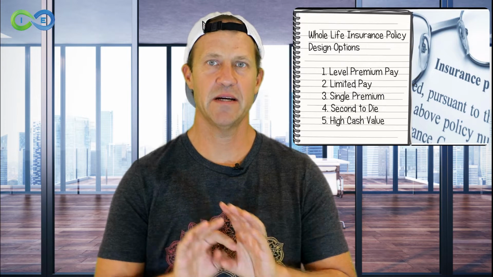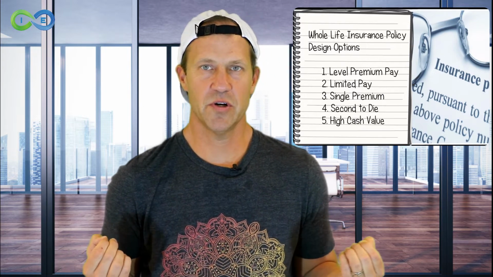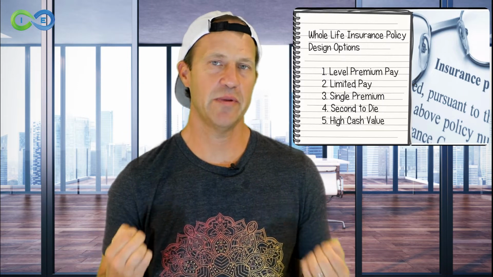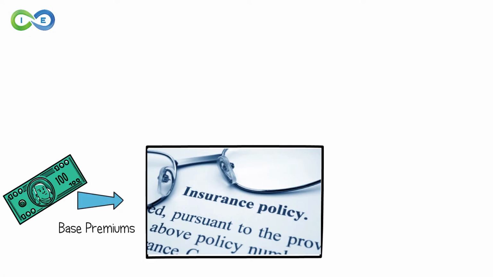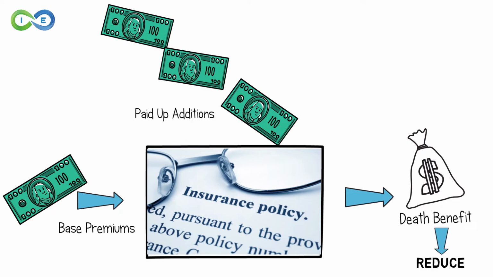You also have single premium life insurance, which is really moving a pile of cash into the policy and receiving a death benefit in return. Generally, those are going to trigger the modified endowment contract rules. If you want more information about universal life, variable universal, or modified endowment contracts, those are all previous videos. There's also high cash value life insurance, which is a uniquely designed policy to expedite the cash value growth using what we call paid up additions. There's a previous video on strategic self-banking that you can refer to.